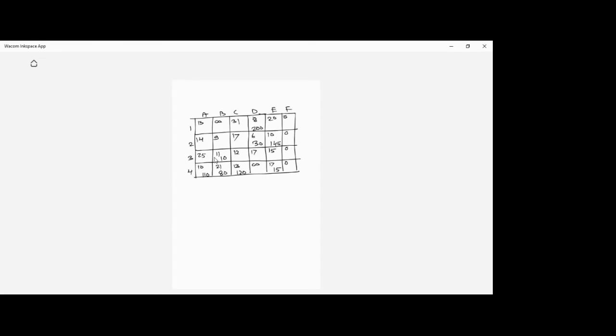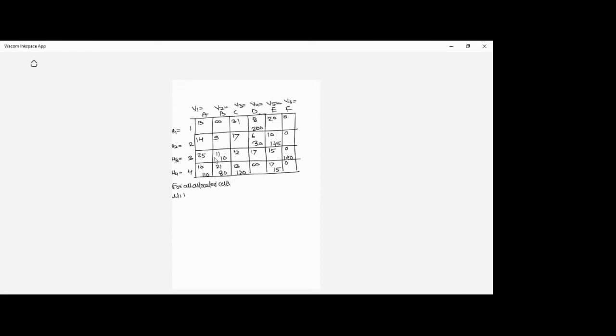Right, so we have to find out what is the value of u1, u2, u3, and u4. We have to find out the value of v1, v2, v3, v4, v5, and v6. Right, so let's start. 1 2 3 4. As we missed one of the allocations somewhere, so allocations are to be properly written. It is 140. We have 9 allocations, right? So for all allocated cells,